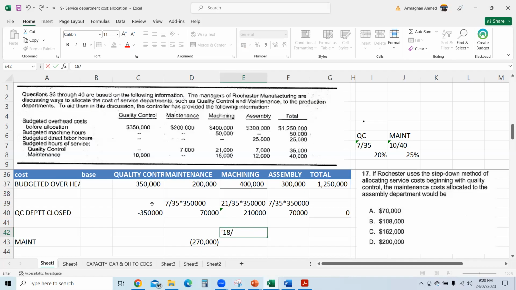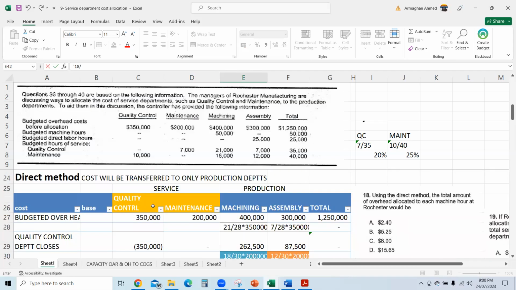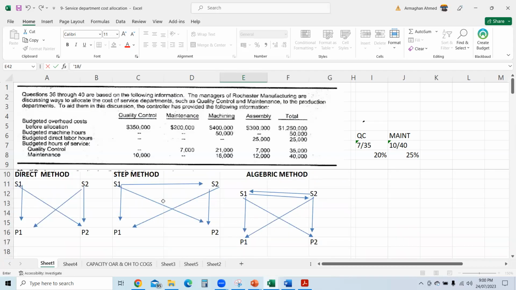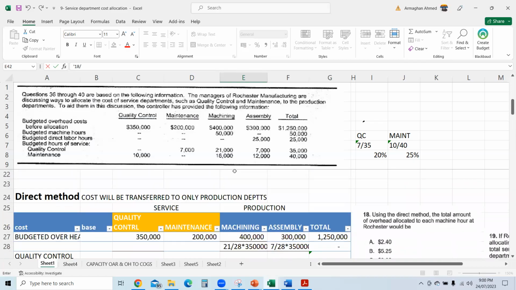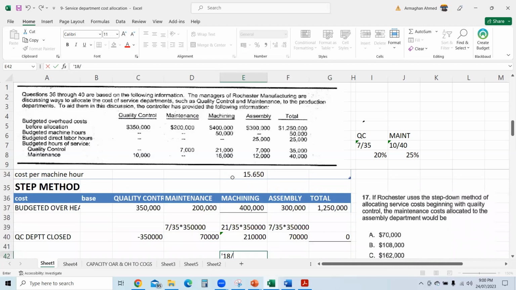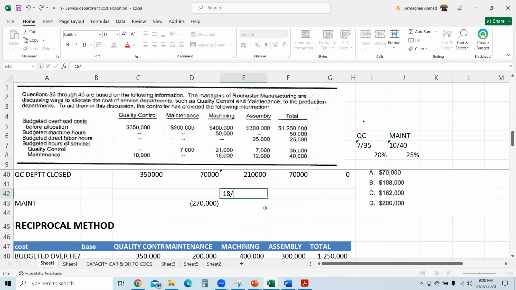Because once one department is closed, we are not going to transfer any cost back to it, right? So it's not coming to S1, any cost. It's going only to P1, P2, so only machining and assembly. So it will be 18 plus 12, 30. Right, so we will allocate now 18 over 30